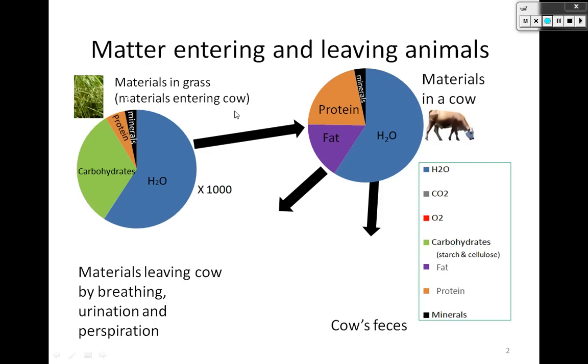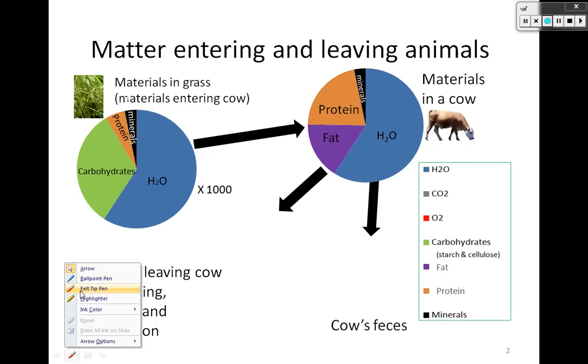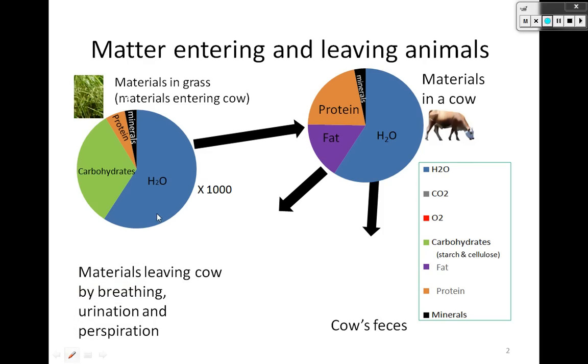So these are the materials that go into the cow. It's mostly water, a lot of carbohydrates, some proteins, some minerals. They eat a lot of grass, and we're going to say times 1,000, because if you remember, think about an energy pyramid, right? The cow's got to eat a lot more grass compared to the cow,